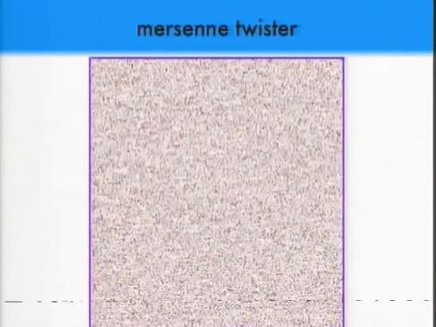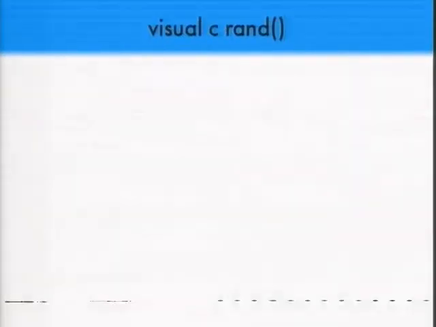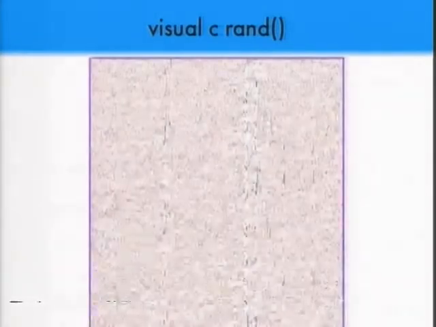Again, I'm not a mathematician, I'm not so great at this stuff, but random numbers don't tend to be uniform, they tend to sort of clump together. This is something called the Poisson distribution. So, properly, this is correct. This is what random numbers look like when you follow this algorithm. So that's pure random data. If we do that with the Mersenne Twister, it also looks like random data. If I take the Visual C random function,